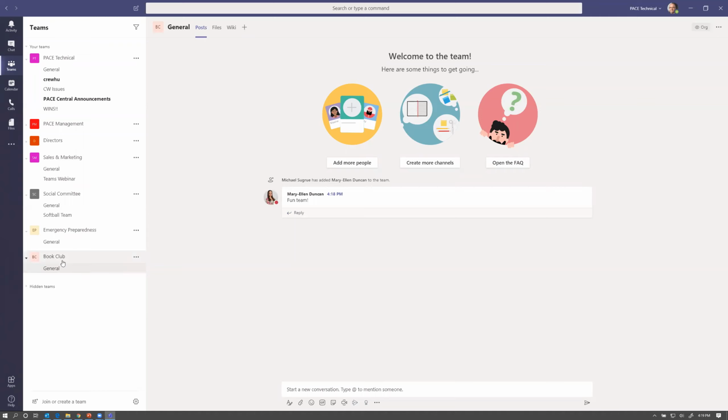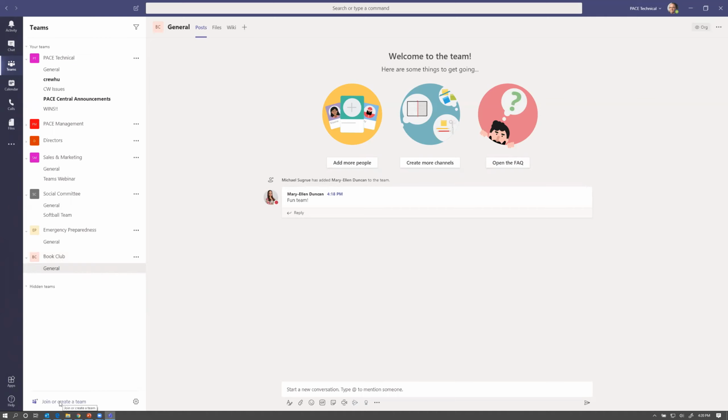So anybody that is a part of this team can invite others, but only the team owner can approve. Now this is a public group, so anybody can actually join this group, but in a private group, any member can send out that link, but the owner would still have to approve. So that's one way that you can do it.